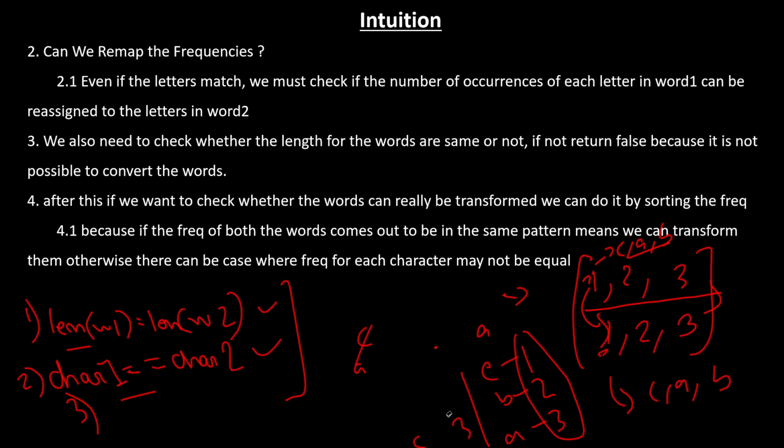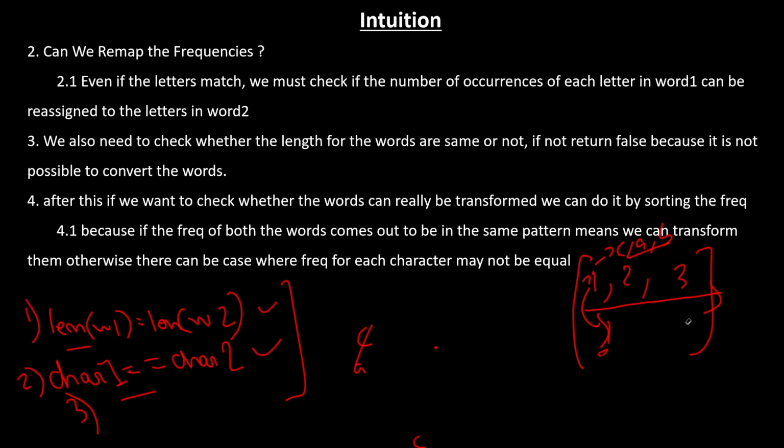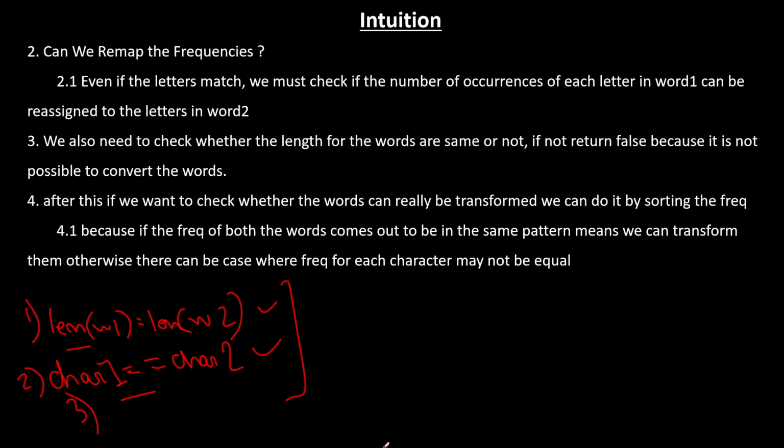From here we come to a conclusion: we took the length, we checked the characters, then we took the counts for word 1 and word 2. Fourth thing, sorting of the counts